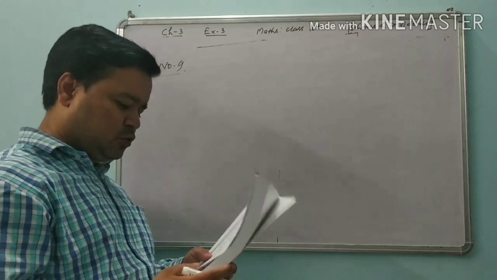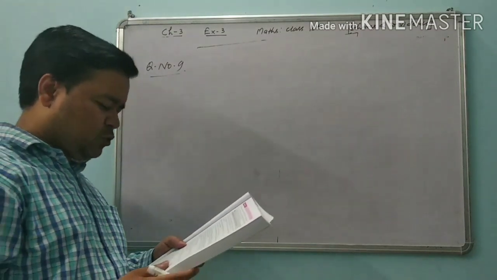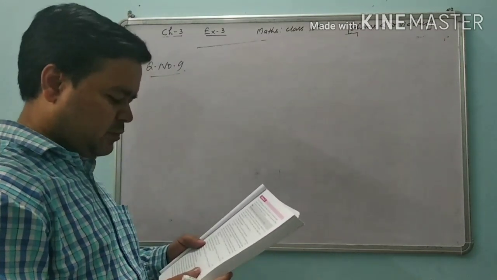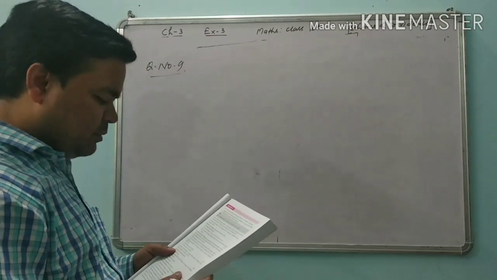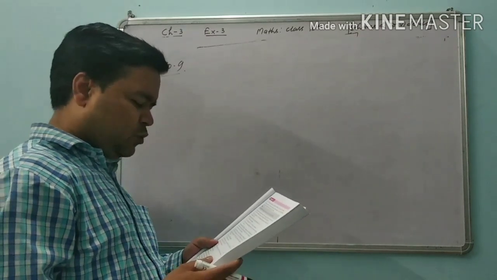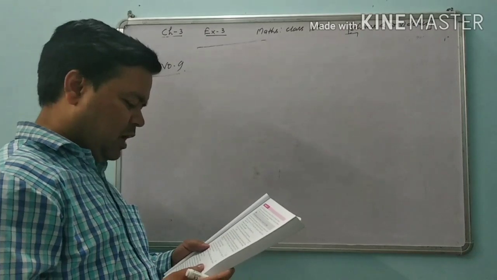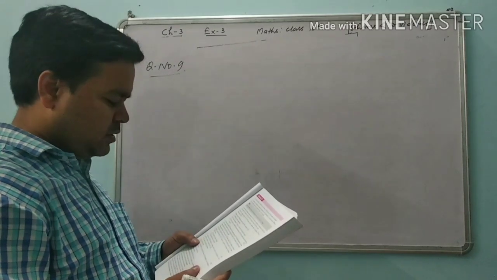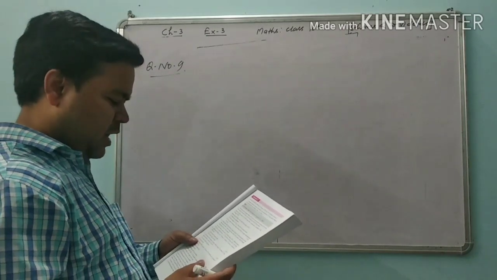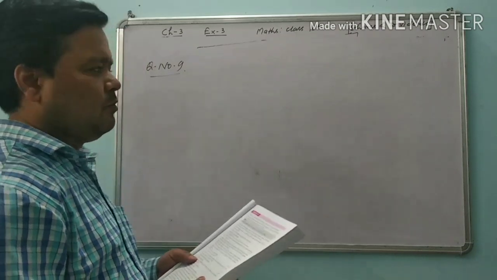See, I think you should also see your book. A man invests rupees 4,500 in a share of a company which is paying 7.5% dividend. If rupees 100 shares are available at a discount of 10%, find the number of shares he purchased and, second, his annual income. We have to find these.